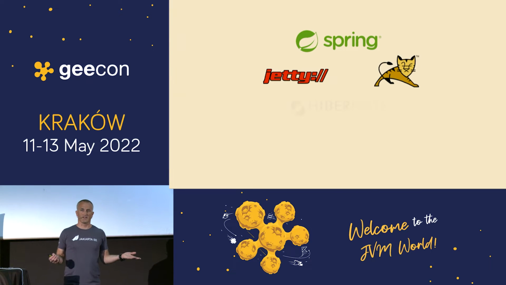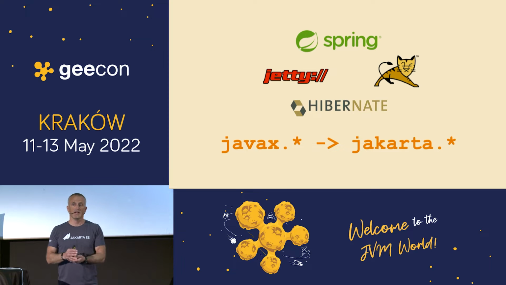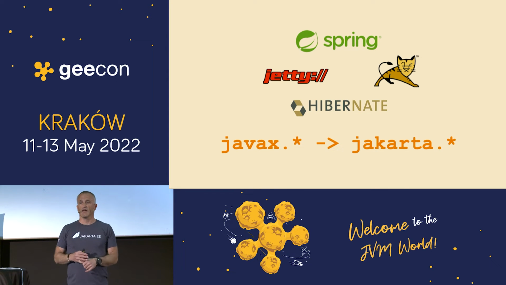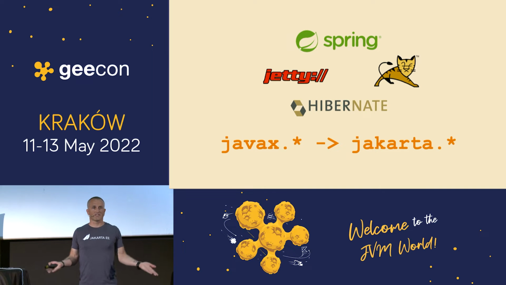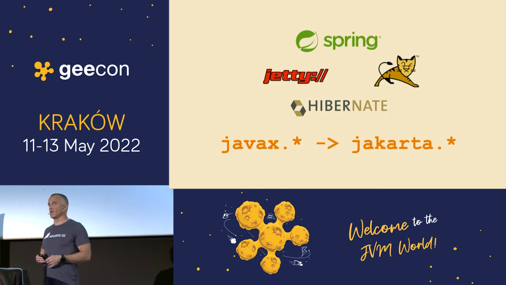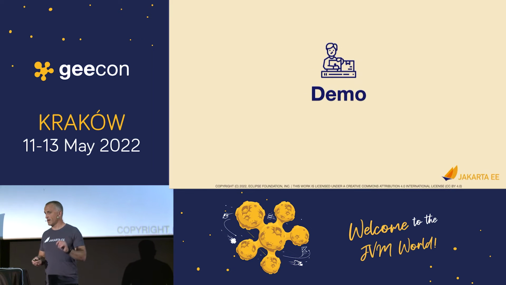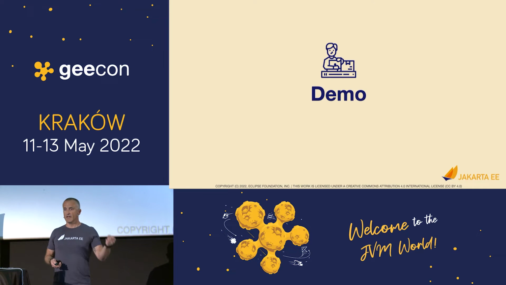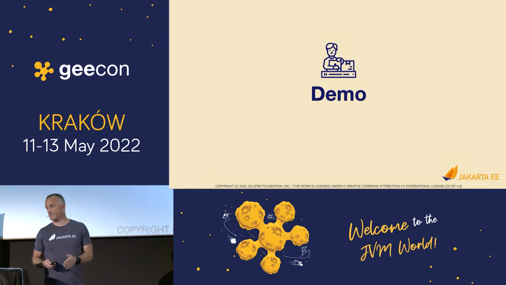And if you're not using Spring, if you're using Jetty or Tomcat or Hibernate or something else, just picking and choosing, they're also moving. So if you want to stay on the latest version of Jetty or the latest version of Tomcat, you have to upgrade to the Jakarta namespace in your application. So it affects you even if you don't think you're using Jakarta EE, or even if you're using Spring, or even if you're just deploying to Tomcat or just using Hibernate, you're probably going to do this namespace change anyway. And that is why I want to demo that stuff here before I get to the Jakarta EE 10 stuff.